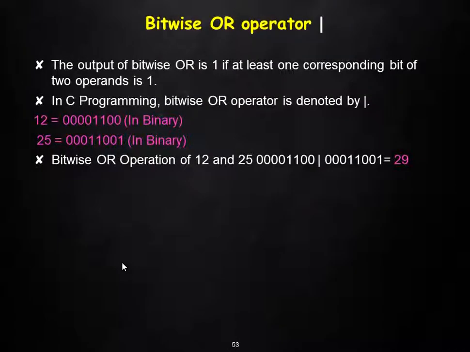Moving on to bitwise OR. Same example, again 12 and 25 both are written in binary. The answer is going to be 1 if it is 0 or 1 is 1, 1 or 0 is 1, 1 or 1 is 1, but 0 or 0 is 0. So every time you get corresponding partners as 0 and 0, the answer will be 0. Everywhere else it will be 1. So here you get your answer as 29.